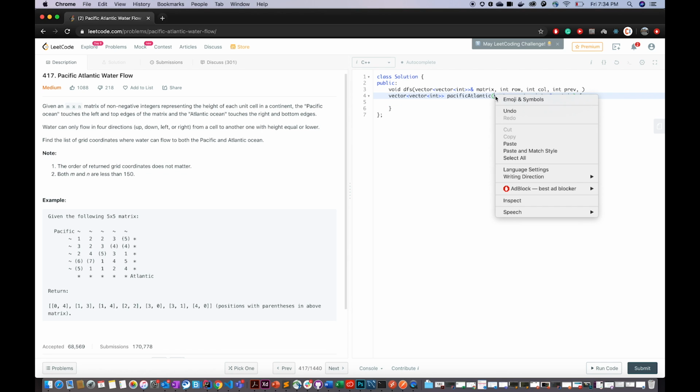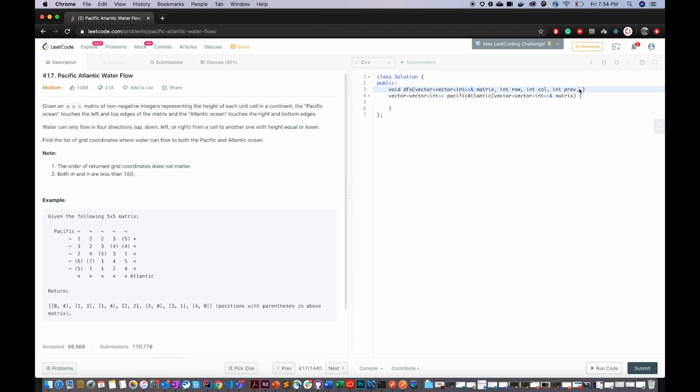So as discussed in the approach, we need two vectors, and wherever the values are going to be equal, we're going to take that, right? So let me just copy this again. Okay, I just copied it wrong, sorry. And I'm going to name it ocean.